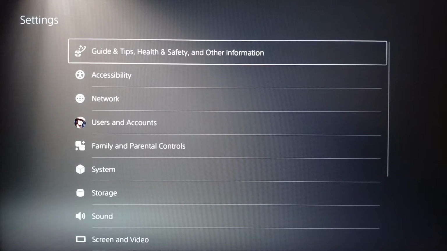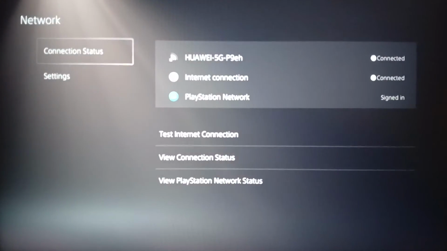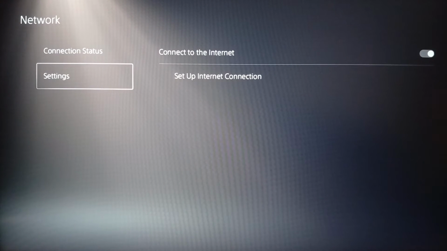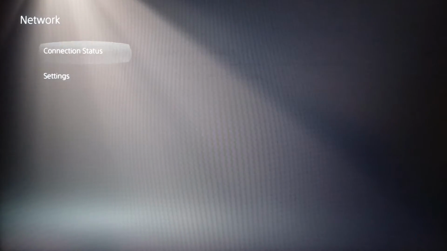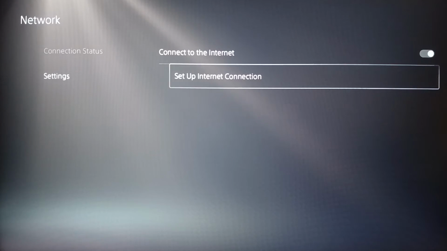Once you're here, go ahead and search for network. Then click on it. And then once you do that, right here, you're gonna find connection status and also settings. So right now, go ahead and click on settings. Once you do that, make sure you enable connect to the internet and then go ahead and click on set